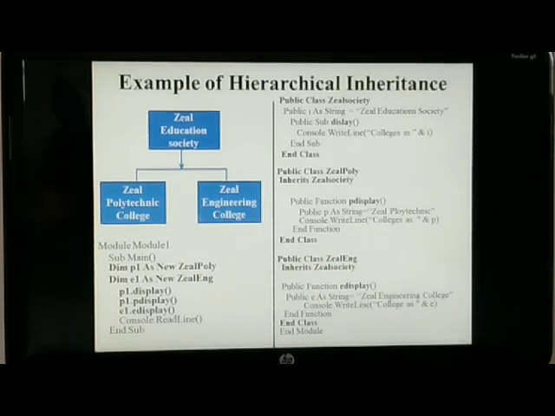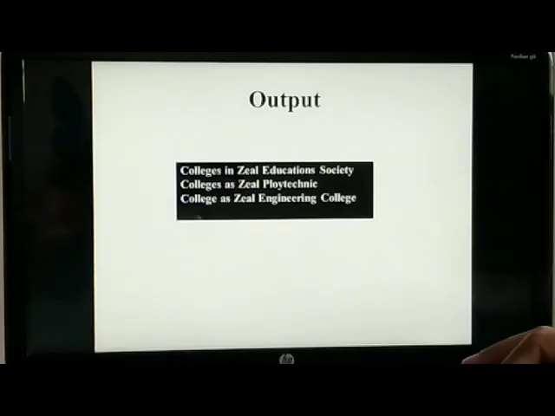Then to access that, P1.Pdisplay, which is the method of Zeal Polytechnic, and E1.Edisplay, that is the method of Zeal Engineering College, and the output is colleges in Zeal Education Society, Zeal Polytechnic College, Zeal Engineering College.